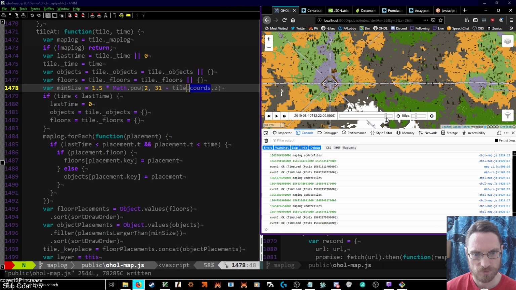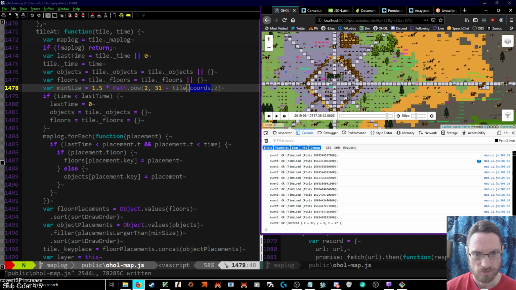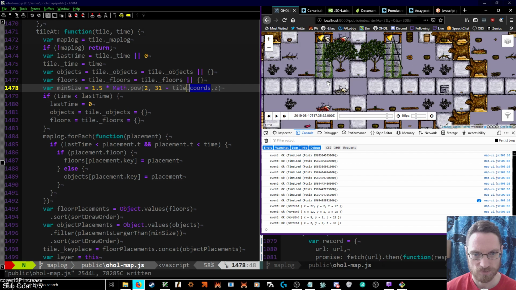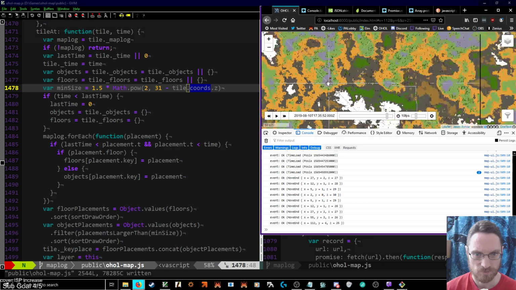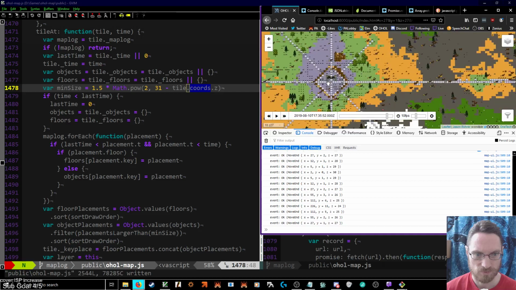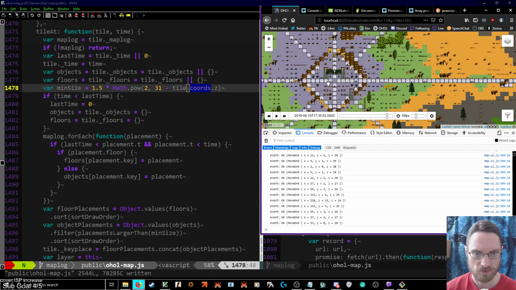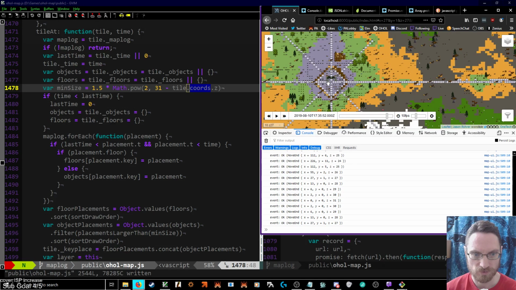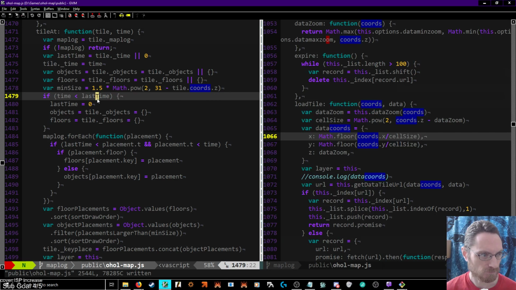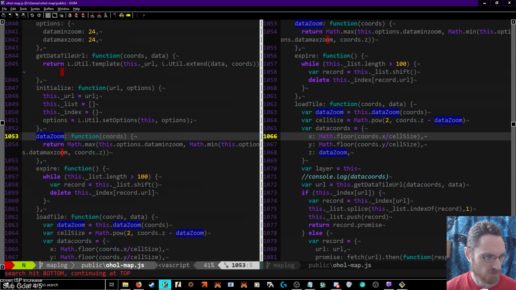Well, that stuff isn't there. 27 is our last actual data layer, and I think we may still be doing some filtering of needles and stuff beyond that. Okay. That takes care of min size, data zoom,